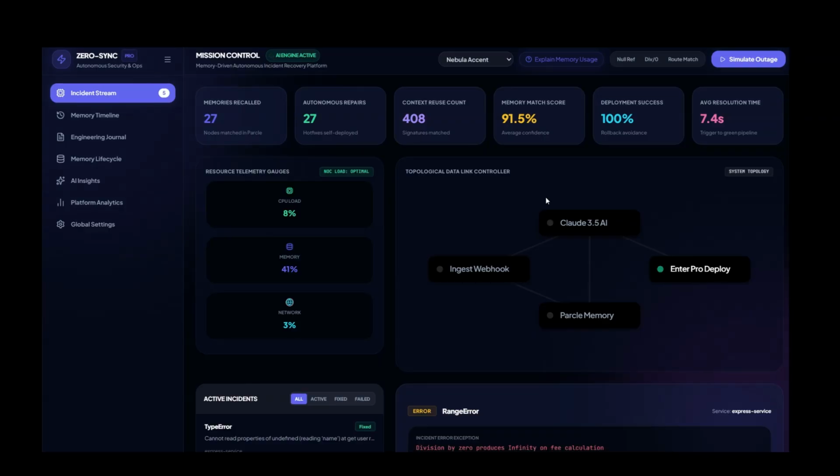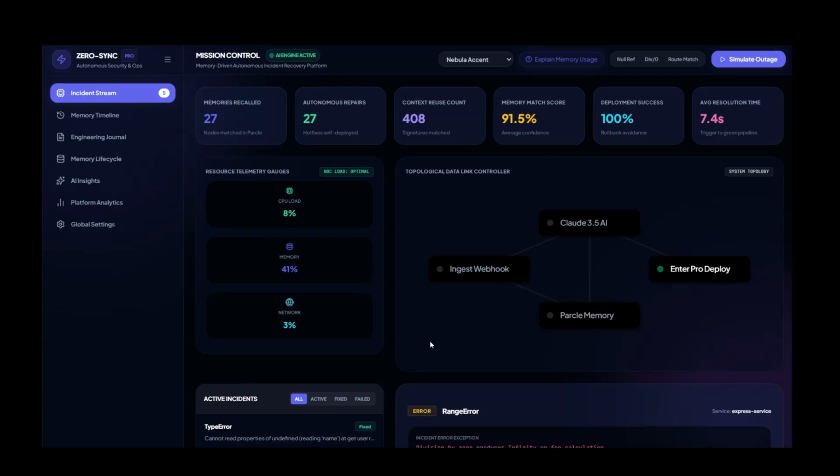In real-world scenarios, ZeroSync Debugger assists multiple users. For developers, it reduces time spent on reading logs and searching for old fixes. For DevOps teams, it helps respond faster during live outages. For support teams, it provides cleaner incident status and recovery information. For end users, the result is less downtime, fewer repeated failures, and faster restoration of services.